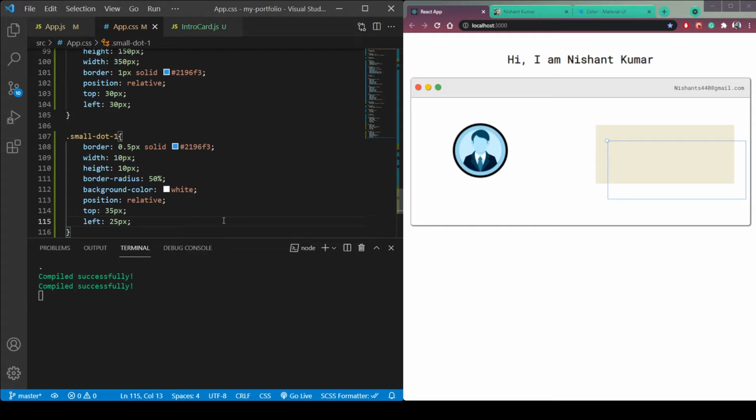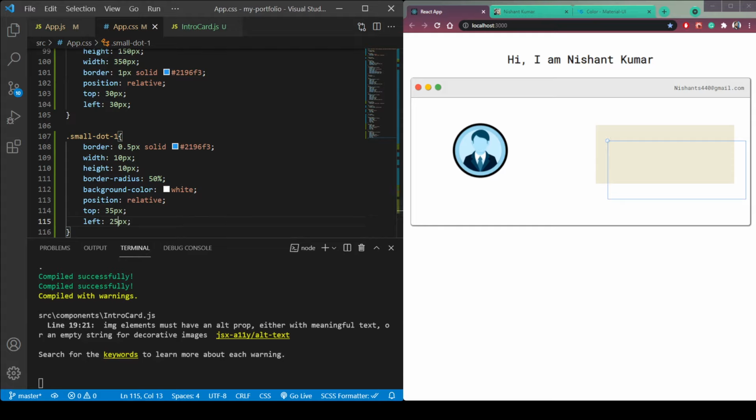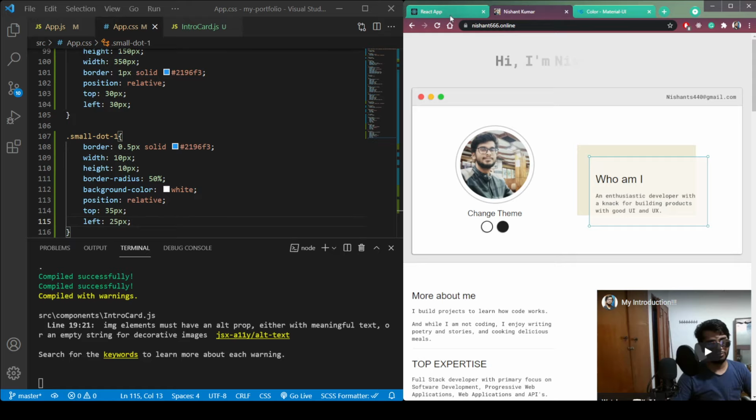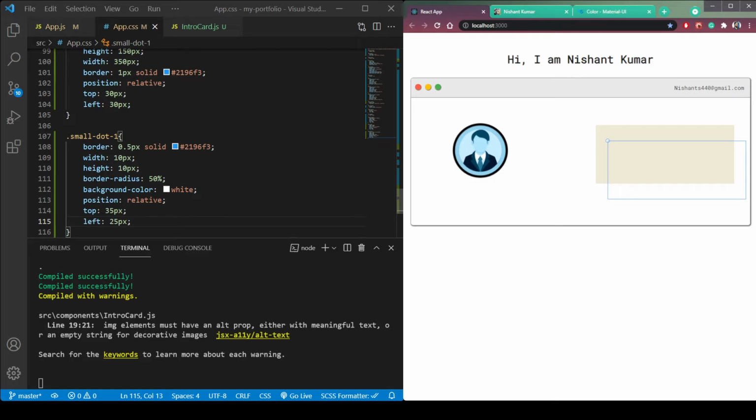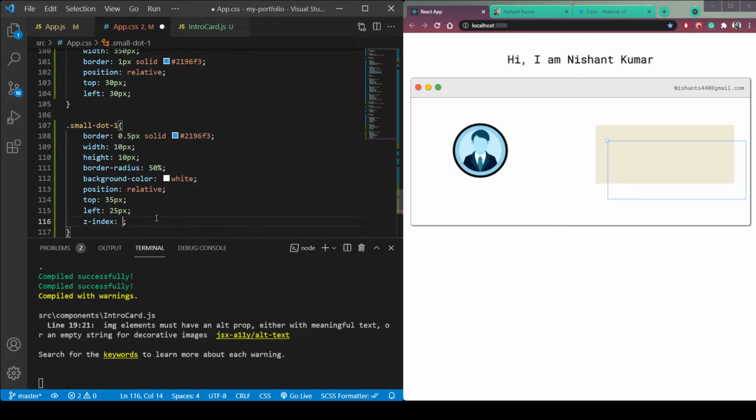Let's make it 25. Now you can see this small dot is placed on this blue card header, but it is overlapping this blue card. So give it a z-index of 9 to superimpose on this element.